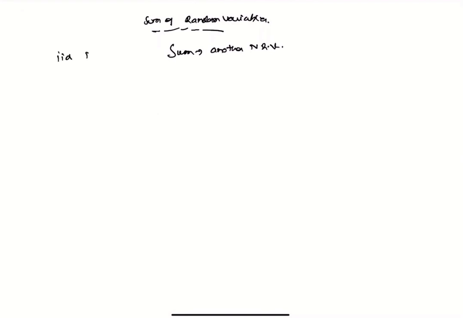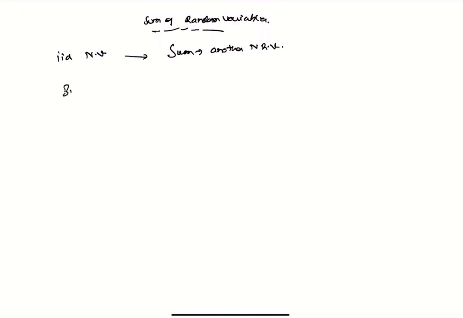IID normal variables, their sum is another normal random variable, and their sigma can also be summed. But is it only true for normal distribution? Now let's see if we have